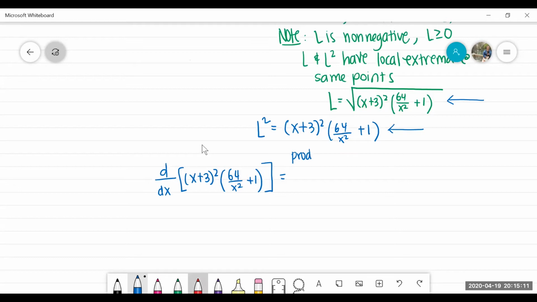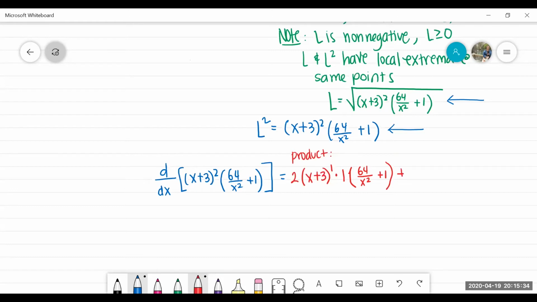Product. So product rule has us say 2 times (x + 3) to the 1, chain rule says times 1, times 64 over x squared plus 1,